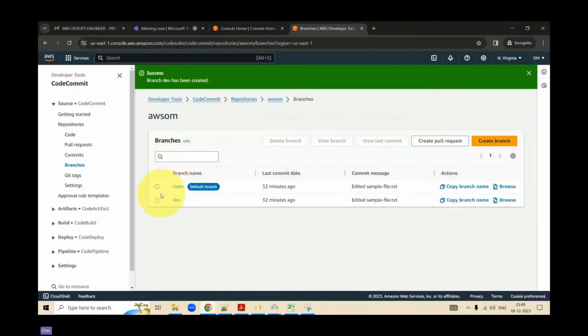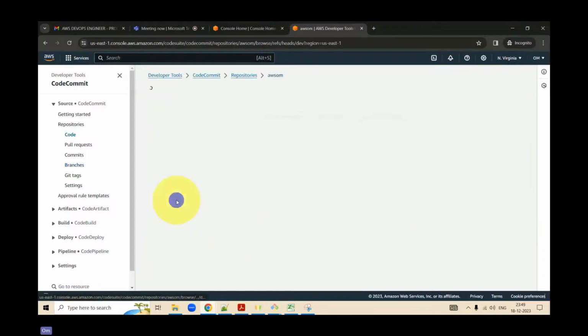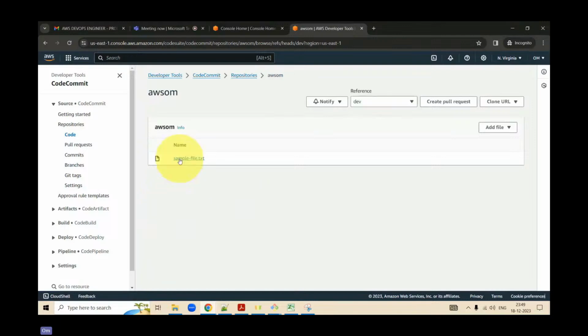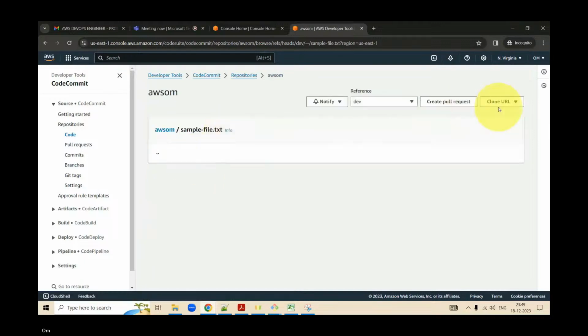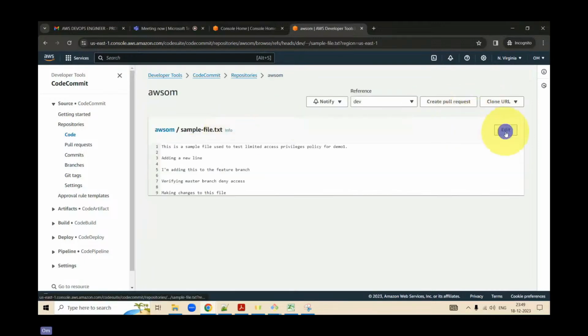So now your default branch is the main branch, and now you are on the development branch. You have a file over here. Let me just modify this file. Let me go to the sample.txt file, click on edit.